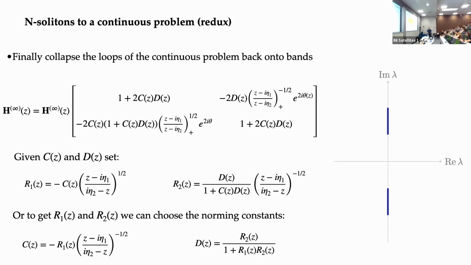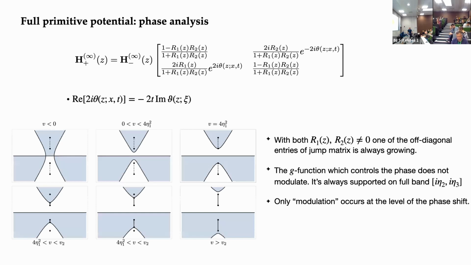Now you can take different perspectives. If I want to just arrive at Zakharov's primitive potential, I'd choose C and D like this. You choose this to be C, this to be D, then you get the Zakharov primitive potential. Or you can say C and D are the things that are forced on me because I know those things. I measured the solitons at the beginning, and then R1 and R2 are given by this. It's just a matter of putting a big pattern. Okay, all right. So we've arrived at the